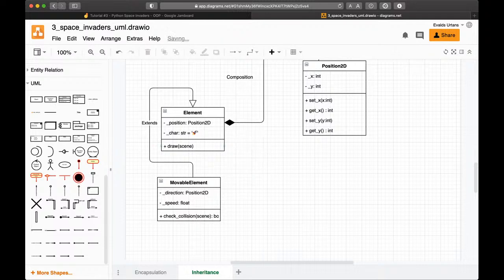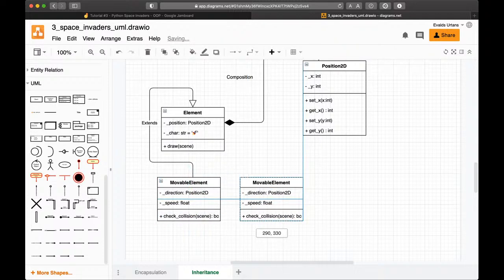So now I'm saving it. This will be a movable element, and we can also produce some kind of immovable element, or static element. In this case, this might be just a wall. So wall, and this again could be the same type of